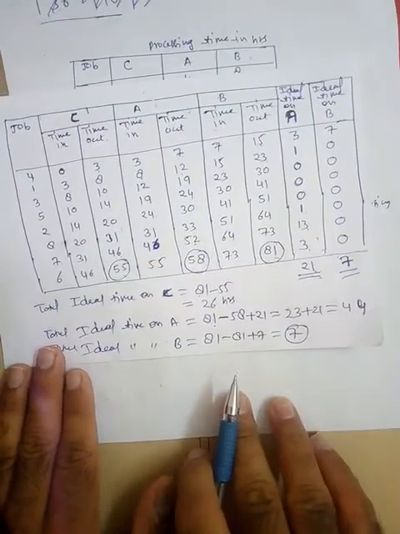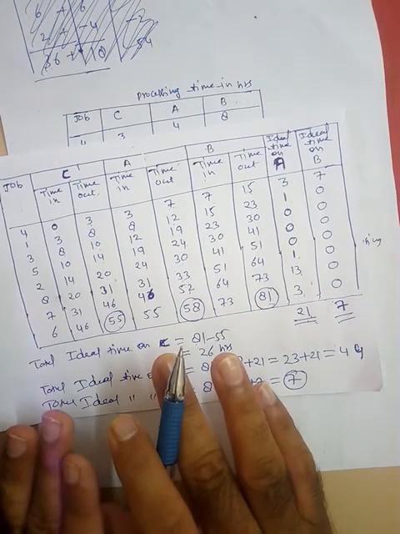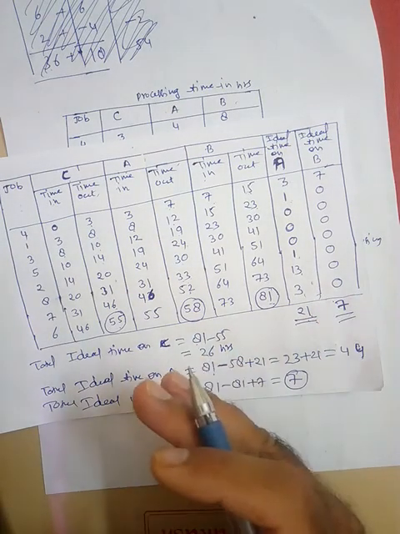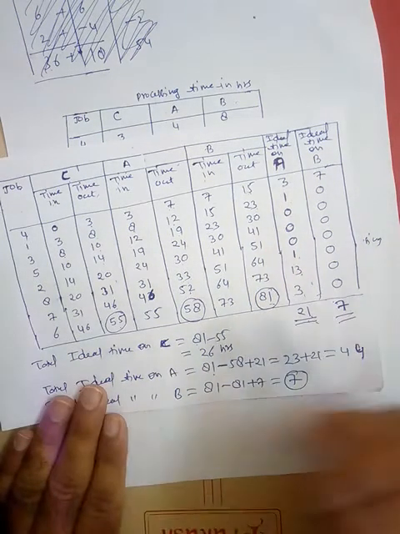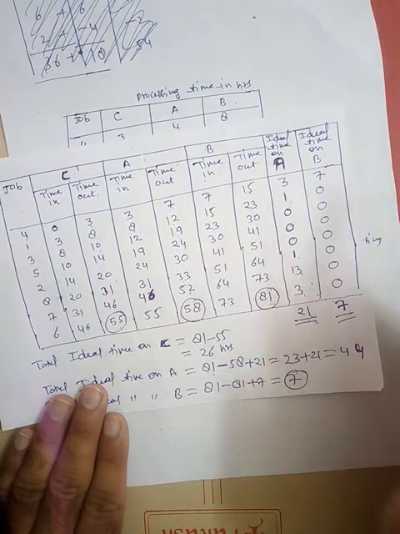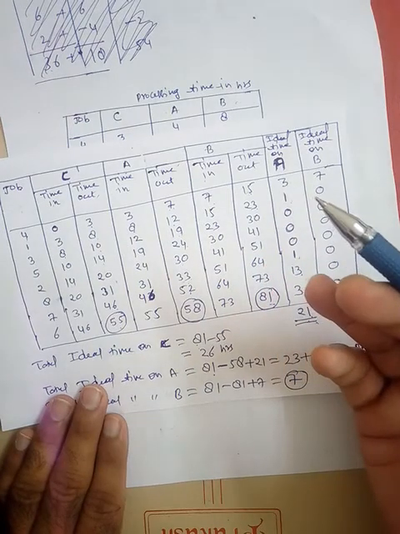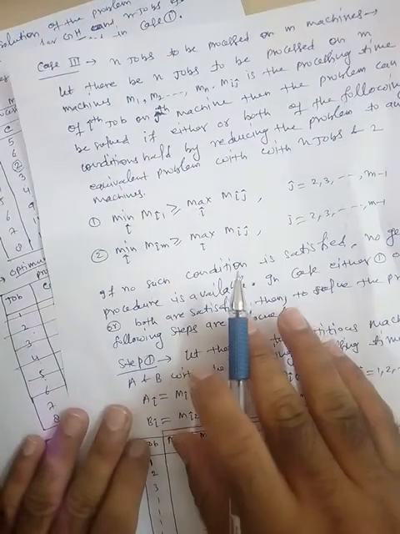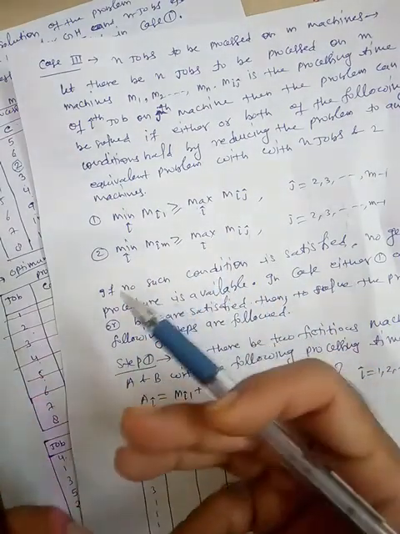I think you understand the procedure. So in the next class we will discuss the m number of machines and n number of jobs problem. That means a generalized problem, which is again a general case of this type of problem. In that type of problem we have, say, 4 machines, 5 machines, and again they will satisfy the condition of this kind which we have already taken here. So we will convert the problem into a 2 machine problem and then solve it. So this is the procedure. We will discuss it in the next class. Thank you.